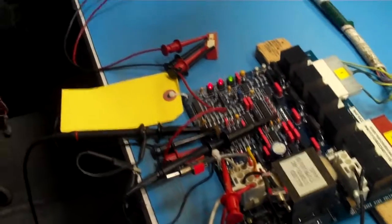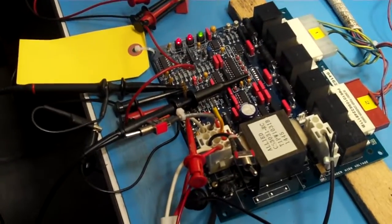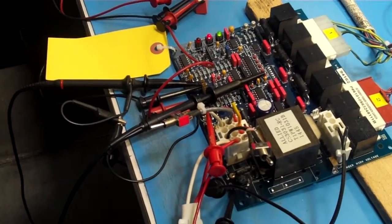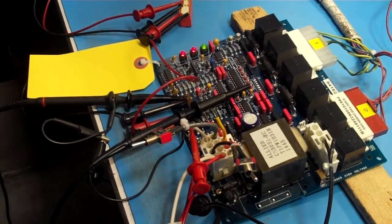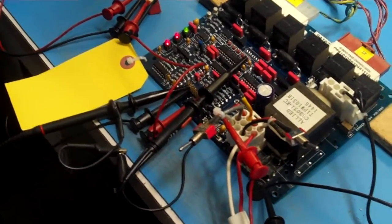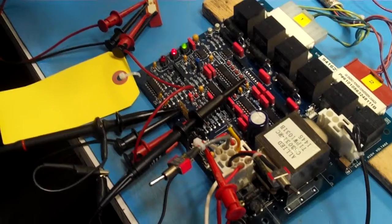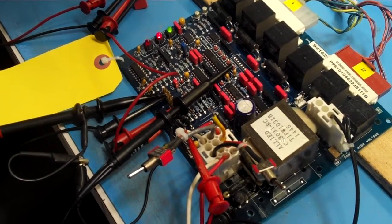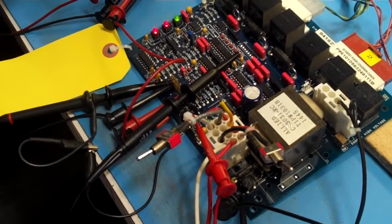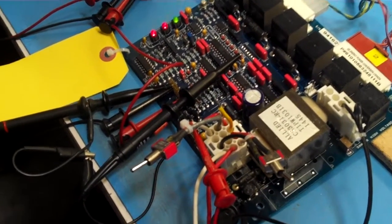And this is the second video, December 5th, 2019 for RMA 19-141. And we still have the same conditions. We have this relay being energized and de-energized as a result of this faulty EP1016 IC, which is equivalent to U5